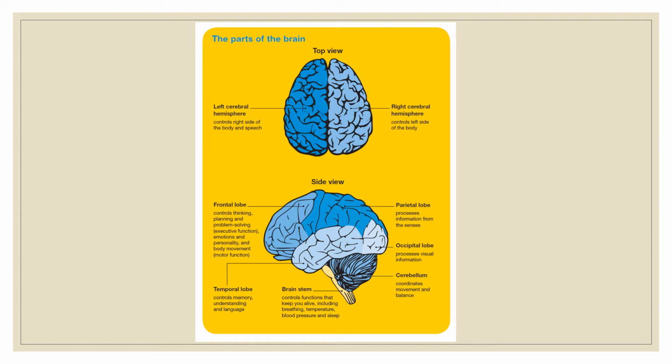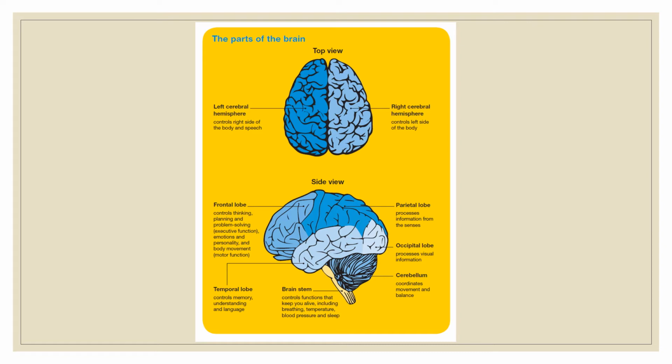Frontal lobe. The frontal lobe controls our thinking, our problem solving, our emotions, and personality. So if there's a tumor there, they may have seizures, some memory loss, personality changes, judgment changes, confusion, visual changes on one or both sides.